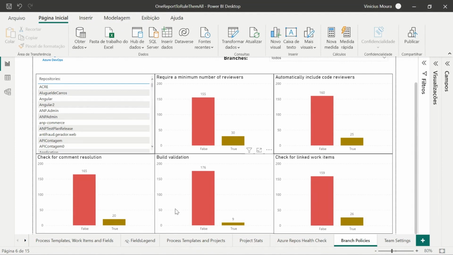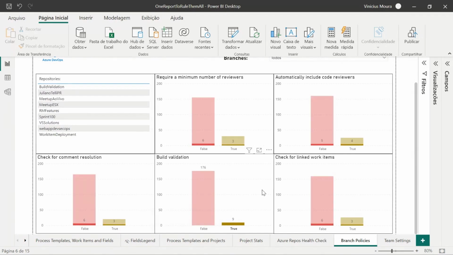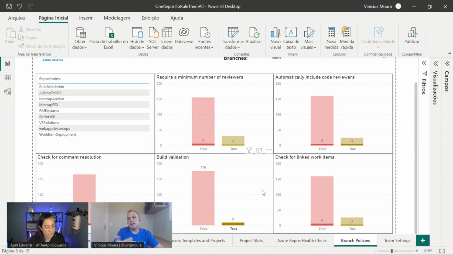In my example here, only 9 repositories have a respective build validation. To me, this is a big problem. On my pull request, if I don't run continuous integration, I will get a new error on my code, on my main branch.